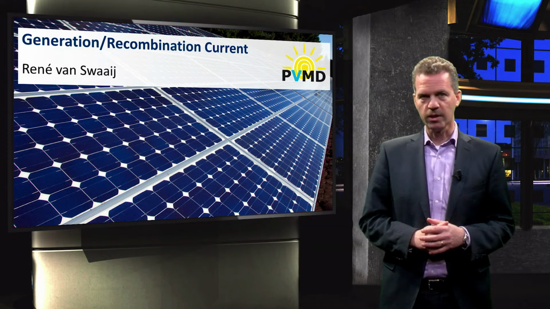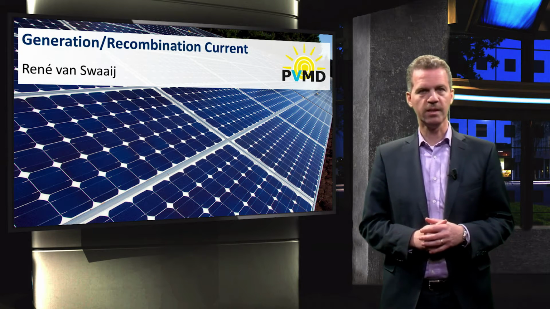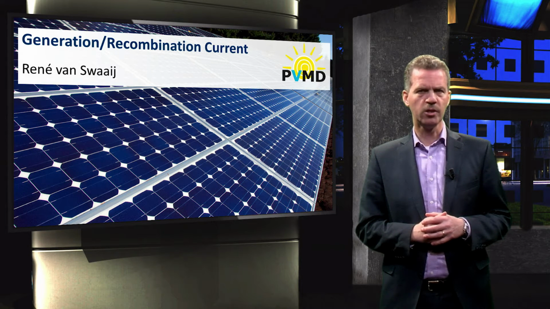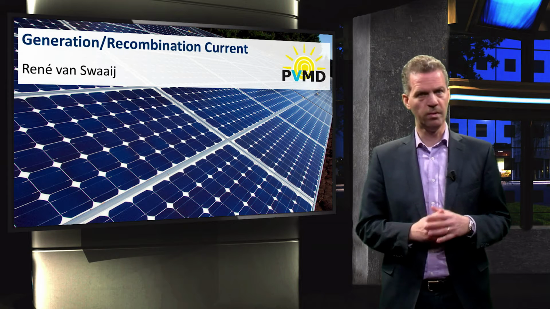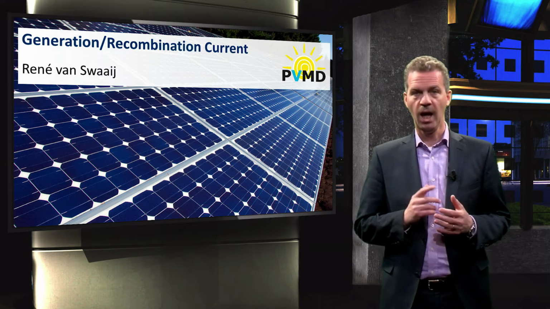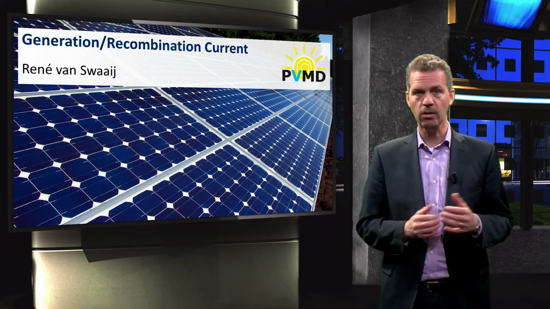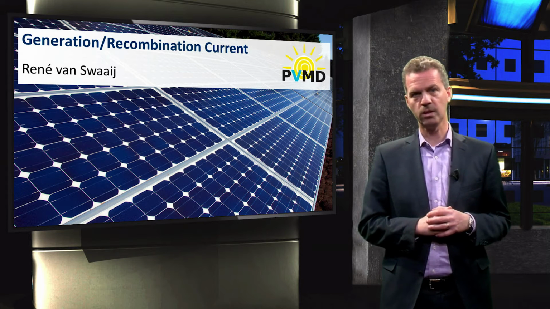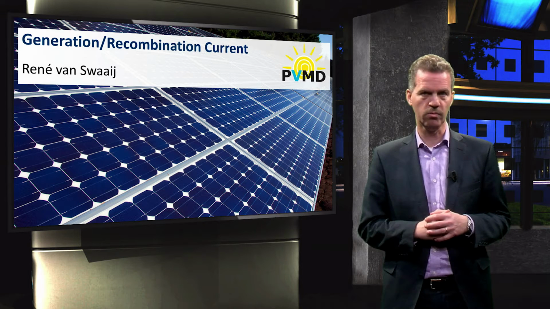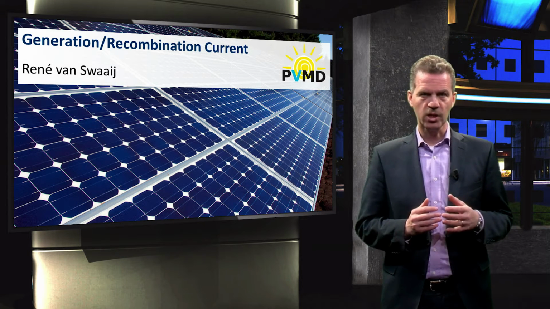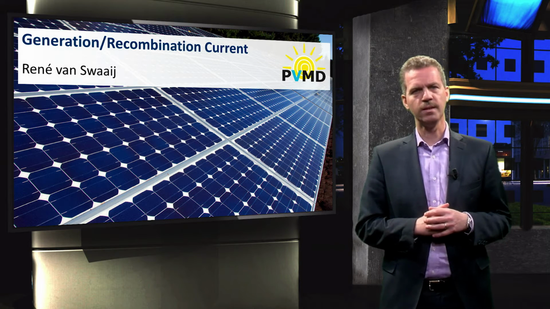So far we have discussed several recombination mechanisms in semiconductors. The ideal current voltage relationship of a p-n junction diode has been discussed also in one of the previous videos. In this video we will see how recombination and conversely generation will affect the current voltage relationship of a p-n junction diode. We will do this by looking in more detail at the generation and recombination processes in the depletion